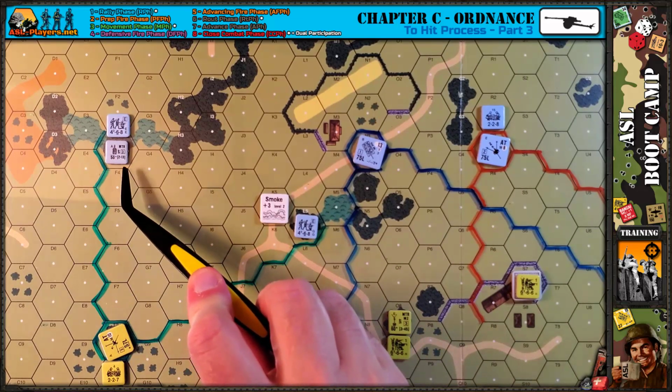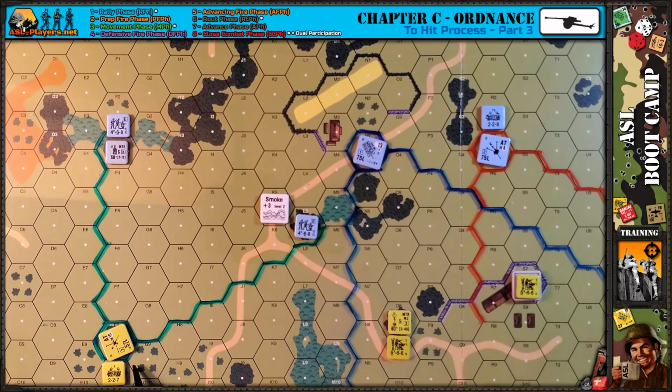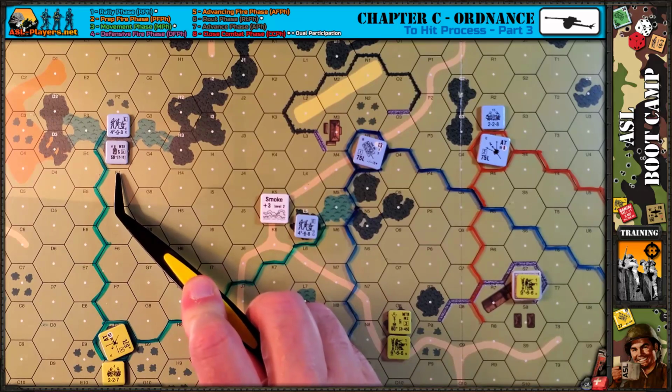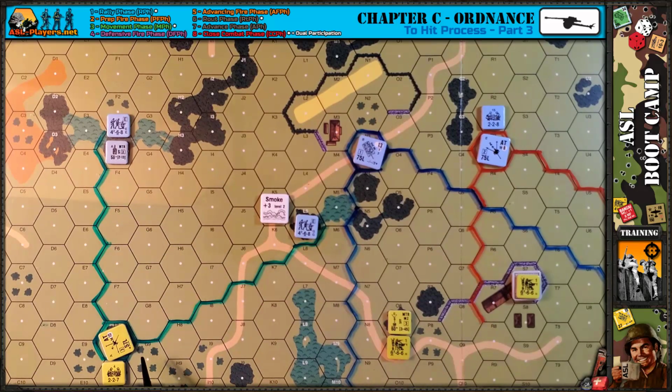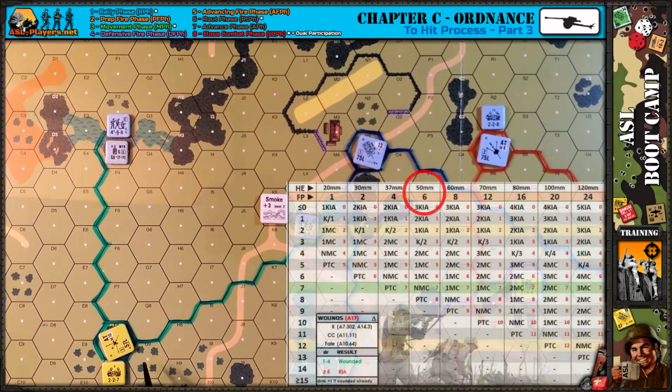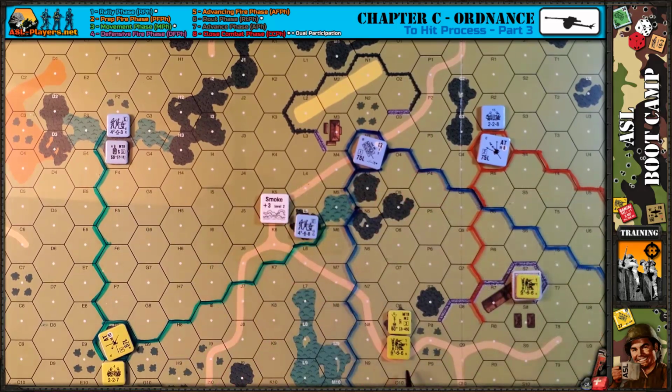Let's start with this German mortar here. He can clearly see this anti-tank gun, American anti-tank gun here. He's a mortar, thus he must use the area target type. And the firepower, if he were to get a hit, would be 50 millimeters, 6 firepower. So half of that is 3. It'd be 2 firepower on this crew. Whether this crew is entrenched or not would determine the die roll modifier. I'm not sure he can see. You might be able to see